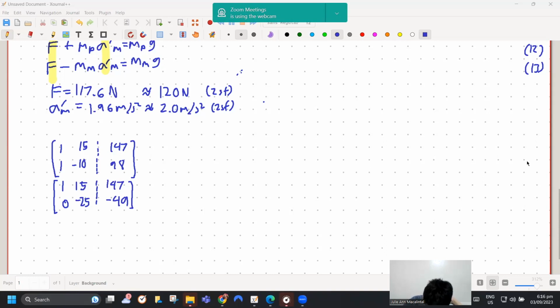Para magamit mo yan dun, so F becomes X, A sub M prime becomes Y. And then you can use determinants para masulat yung solution. So F, A prime M must be